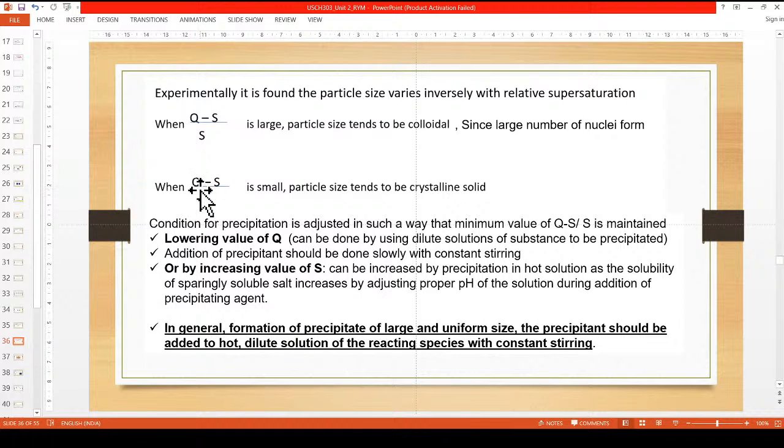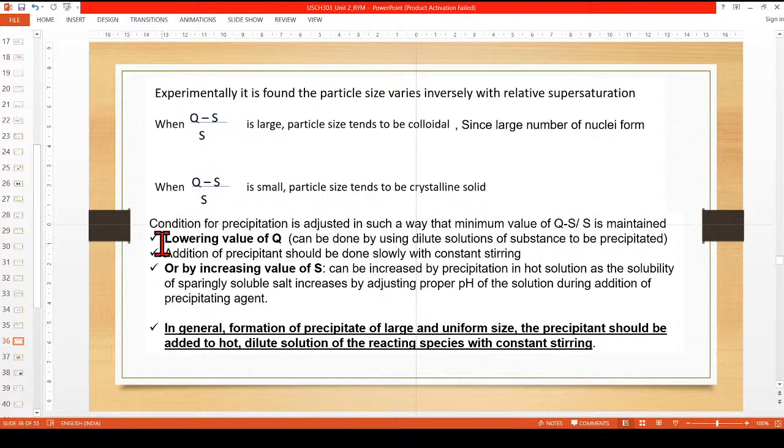तो ये वैल्यू अगर स्मॉल लाना है, if you want this value small in total, what you will do, either you will increase value of s, okay, if you will increase value of s, then total value will be small, ये वैल्यू नीचे का बड़ा रहेगा तो टोटल ये डिवाइडेड बाय ये भी छोटा आएगा। अदरवाइज if you lower value of q, का वैल्यू छोटा रहेगा तो भी ये वैल्यू स्मॉल आएगा।